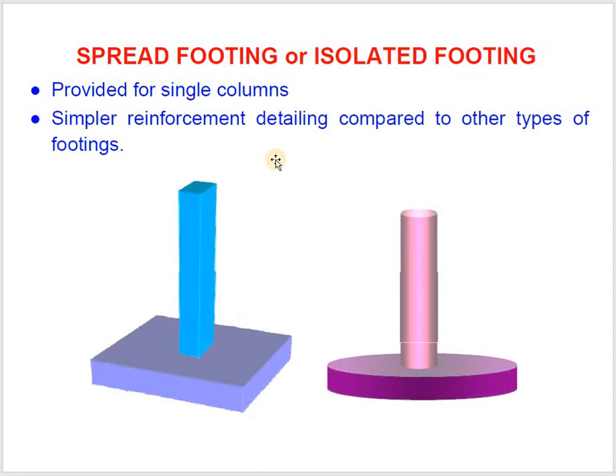Now next is isolated footings. Mostly we see isolated footings for the construction of warehouses and all. You might have seen that there are individual footings and you have a pedestal, and on top of that you construct the steel columns and all for huge warehouses. So that is an example of isolated footings. The foundation base can be any shape. It can be square, rectangular, circular, any shape or any design you can adopt for the isolated footings.